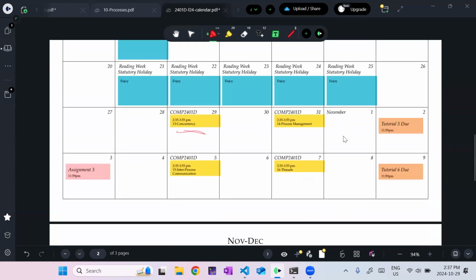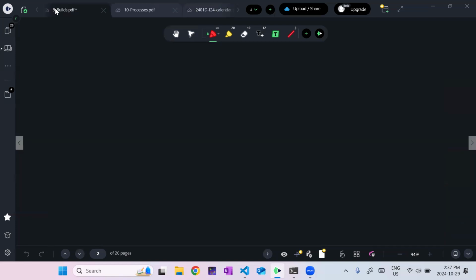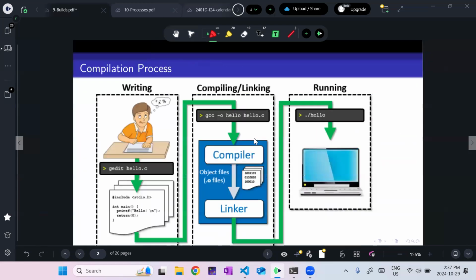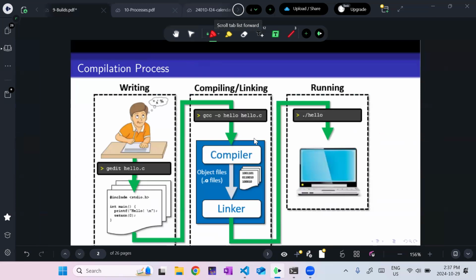So last class we left off talking about building programs, build and make files. We'll do a very quick review, and then pick up where we left off. So we write some code, then we compile it, and then we run it.